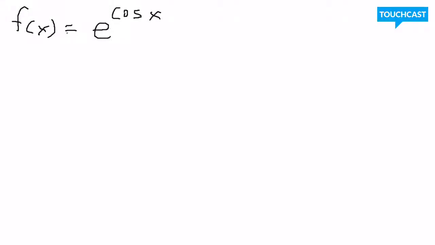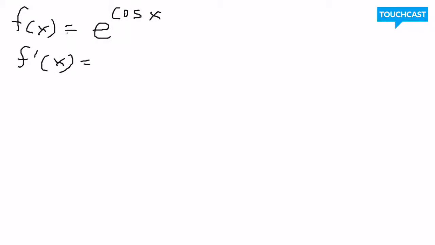All right, this is a little bit of a spoiler for the next problem, but I want us to start to get the hang of what a u substitution can do for us when we are looking for an antiderivative. So remember what we learned about the chain rule. If I told you that f of x was equal to e to the cosine of x, and then I asked you to find f prime of x,